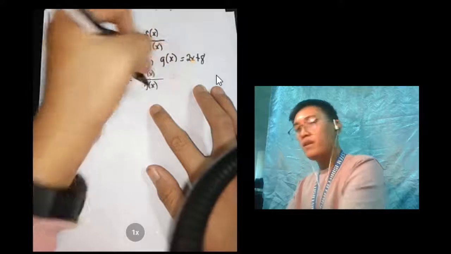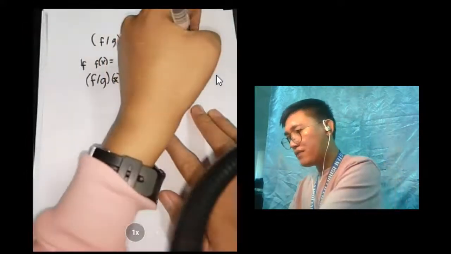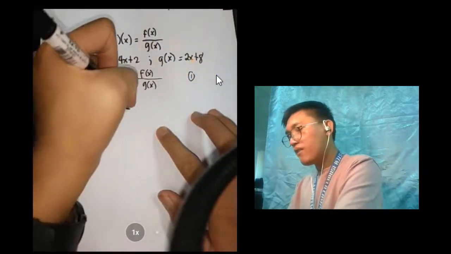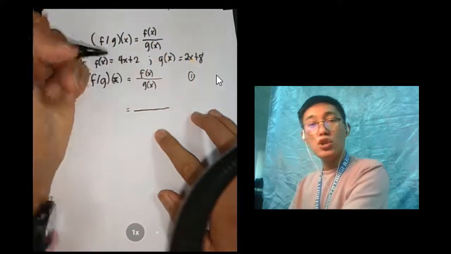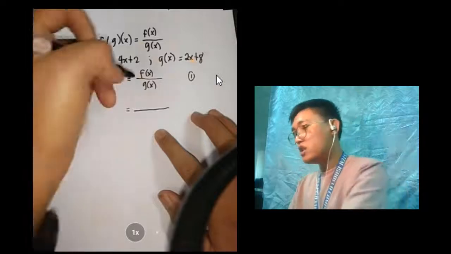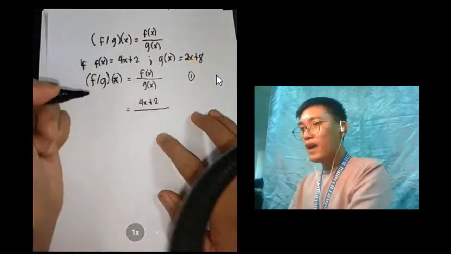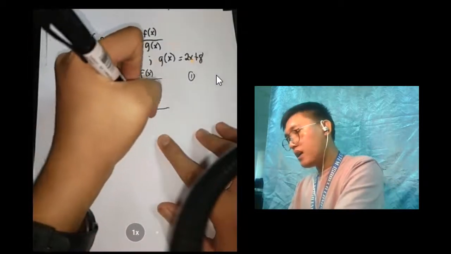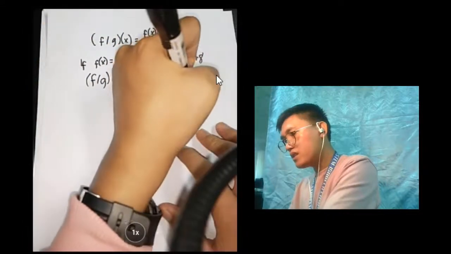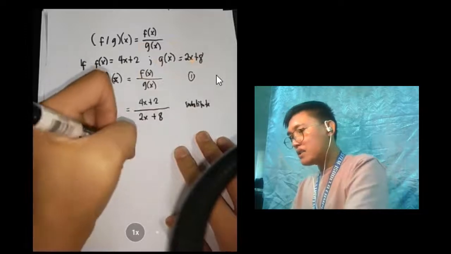So the first step is using the correct denotation. Then the second step is to do the substitution of the expressions for function f of x and function g of x. For f of x we have 4x plus 2, and for g of x we have 2x plus 8. The next step here is we have to